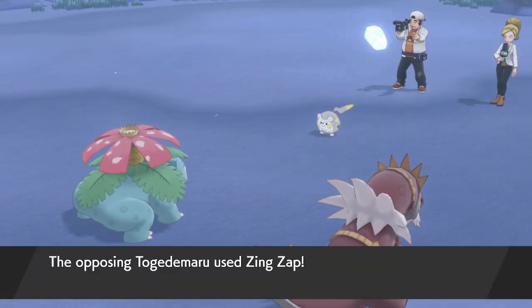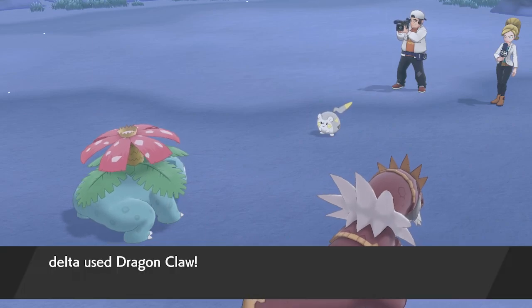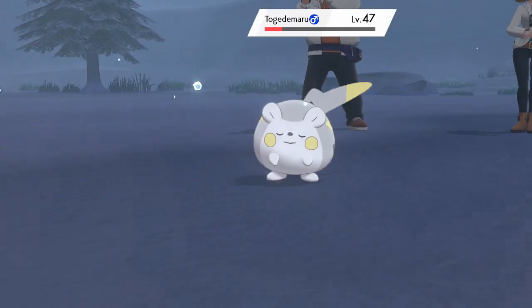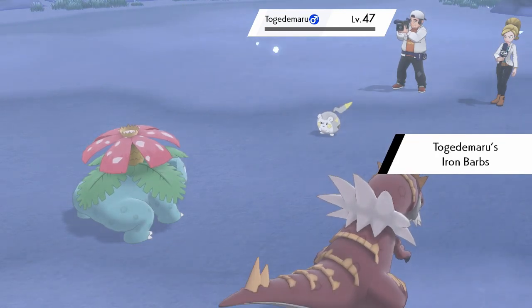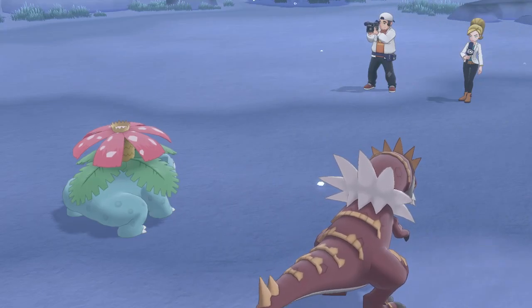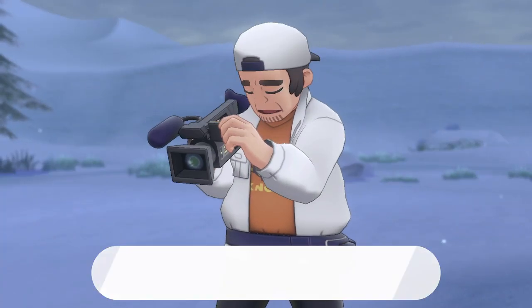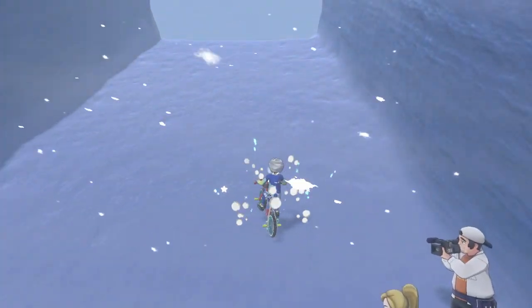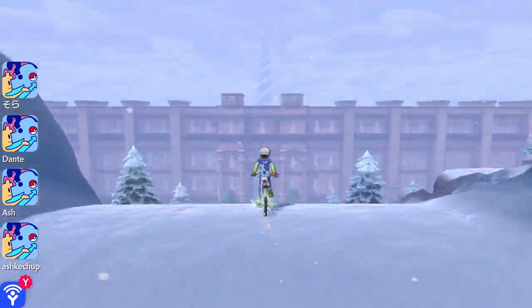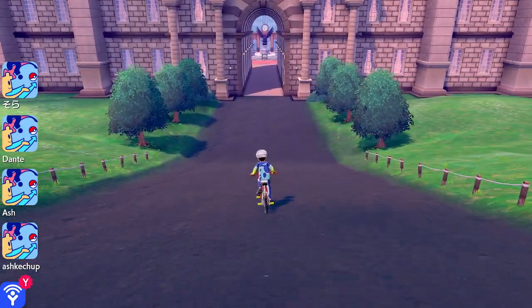And then just do that. Alright. Iron Barbs is going to hurt a little bit, but Delta has a bunch of HP, so he shouldn't be going down. And also, that was just a fight before Winden. Right, however, I guess we are in Winden now, so...